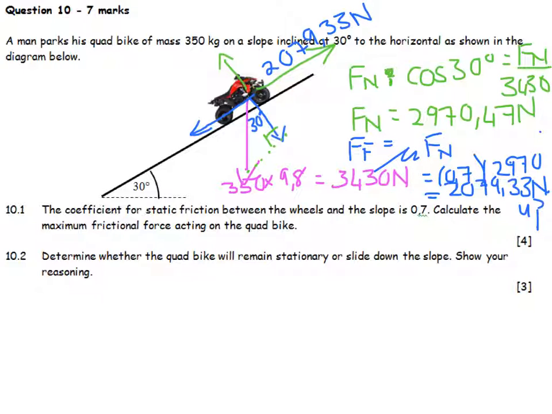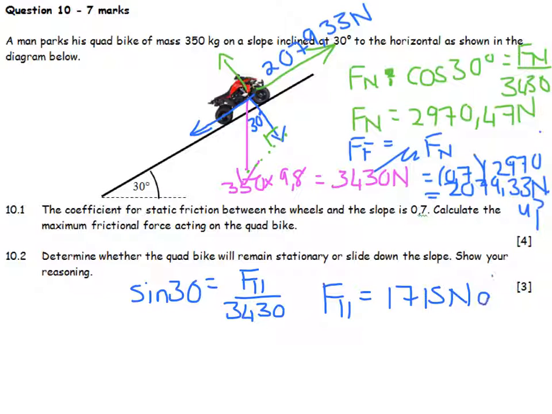Determine whether the quad bike will remain stationary or slide down the slope. Show your reasoning. So what I'm now going to do is establish what this downward force is. I know what that upward force is. What is this downward force? So I say it's the opposite side, because obviously that line is equal to that over there. So we're going to say sine 30 degrees is equal to the parallel component of the weight divided by the weight, and therefore my parallel component becomes